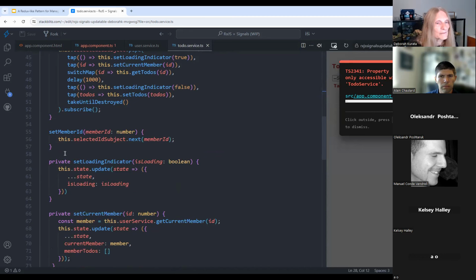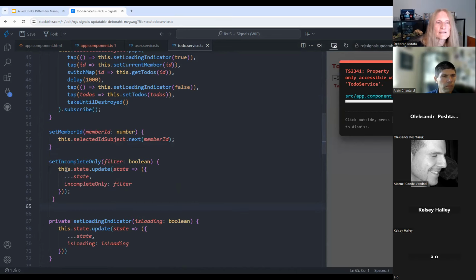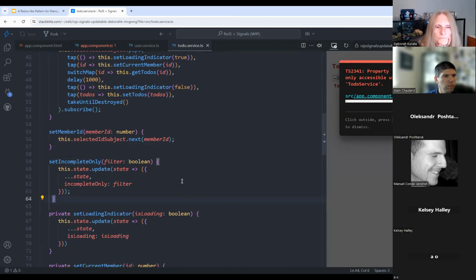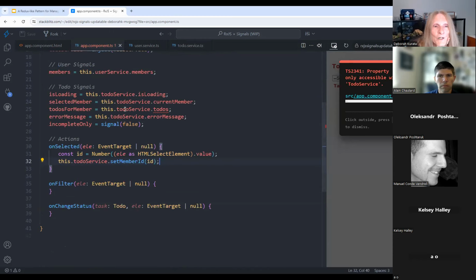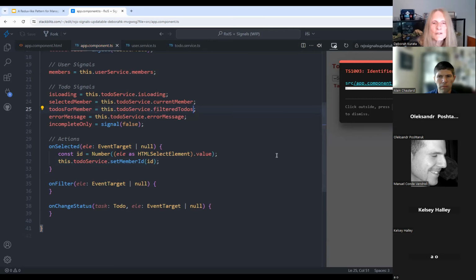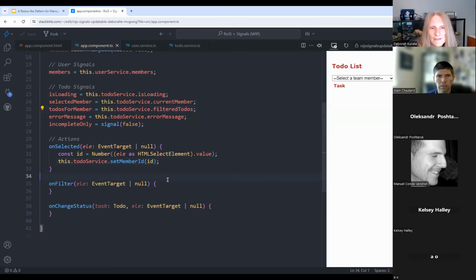So here by set member ID, we're going to set incomplete only. Here again, we're just updating the state following that same pattern. So in our component, instead of to-dos for member being to-dos, it's going to be our filter to-dos. And down here on filter,